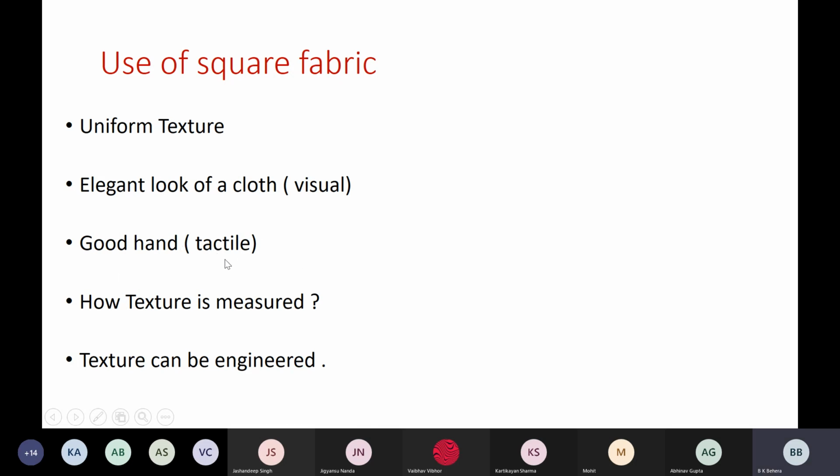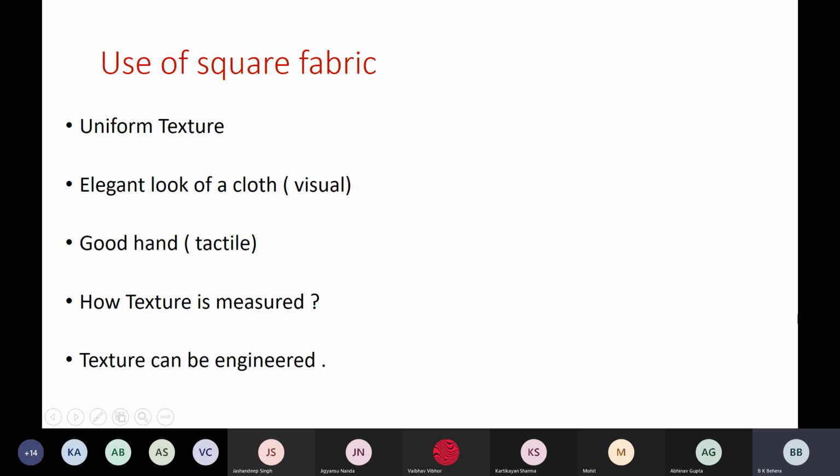And remember, it is also quantifiable in textile. When you come across some higher courses in textile, you will find this hand value can be measured. We have an instrument. You can have a look at our lab. There is a lab called Kawabata lab, KES, Kawabata Evaluation System, and there is a set of equipment by which we measure what is the hand value, meaning the feel of the cloth. If you touch the cloth, what you feel.